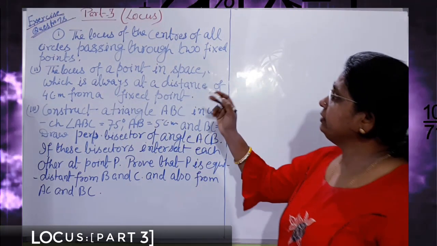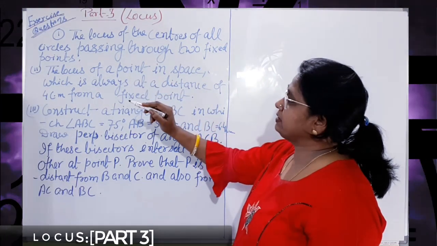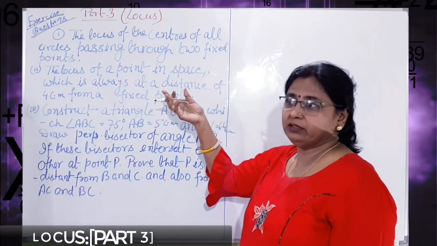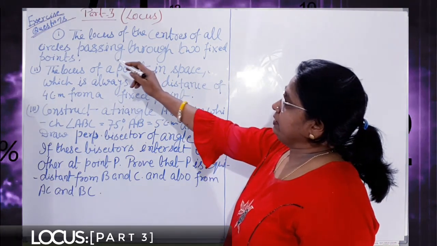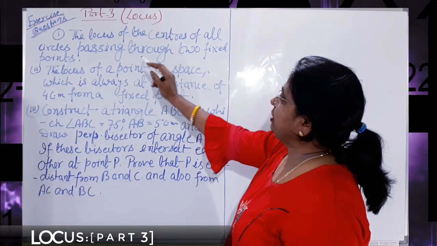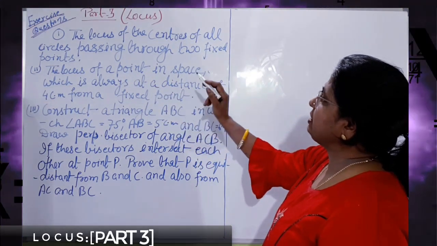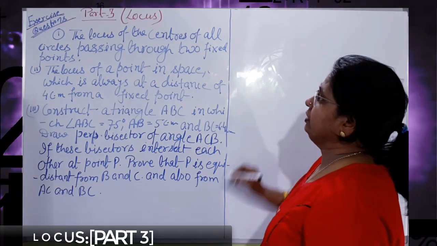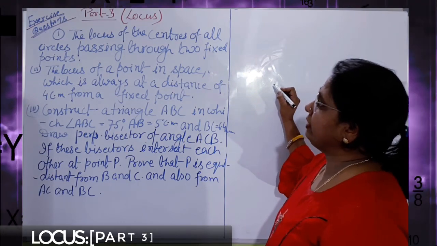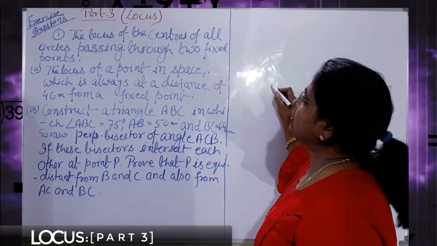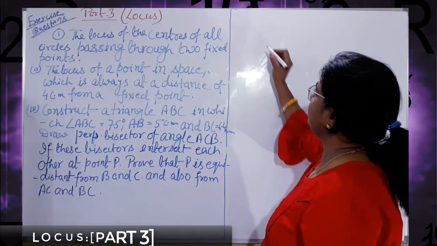First number is the locus of the centers of all circles. Some example already I explained in definition, first part. Like that, one question is there. The locus of the centers of all circles passing through two fixed points. Locus वैसे सेंटर्स का फाइंड आउट करना है जो सभी सर्कल किसी दो फिक्स्ड पॉइंट से पास करते हैं।